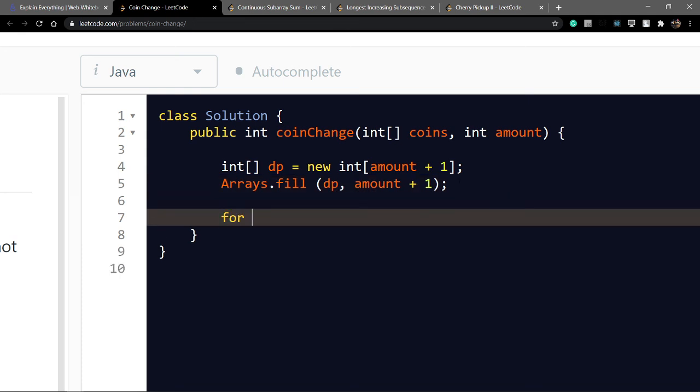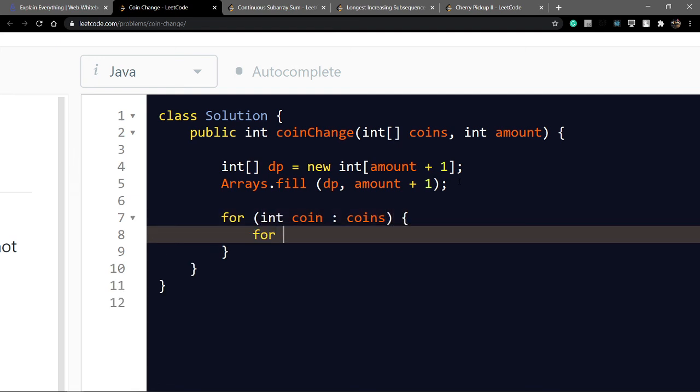Okay, now one by one coin from the coins, and for each coin, start from the coin value to amount, less than or equal to amount, amount plus plus.